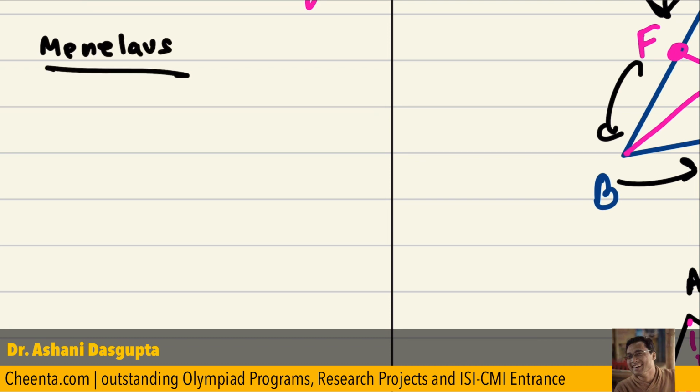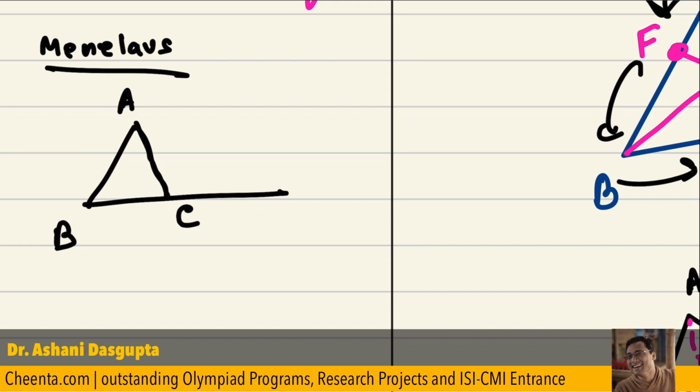It is like this: if you have a line and a triangle, let's extend one side of the triangle ABC, and if you have a transversal, that is a line cutting the 3 sides. It cuts AB internally, it cuts AC internally, but it cuts BC externally, that is, the extended BC. Let's call these points X, Y, Z. Then